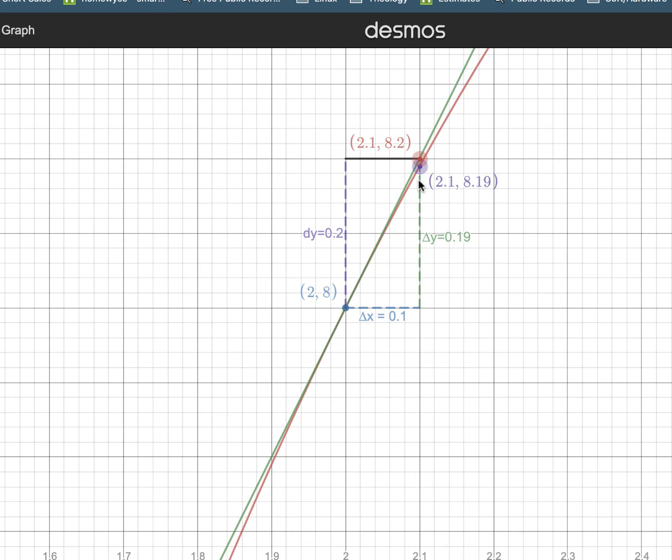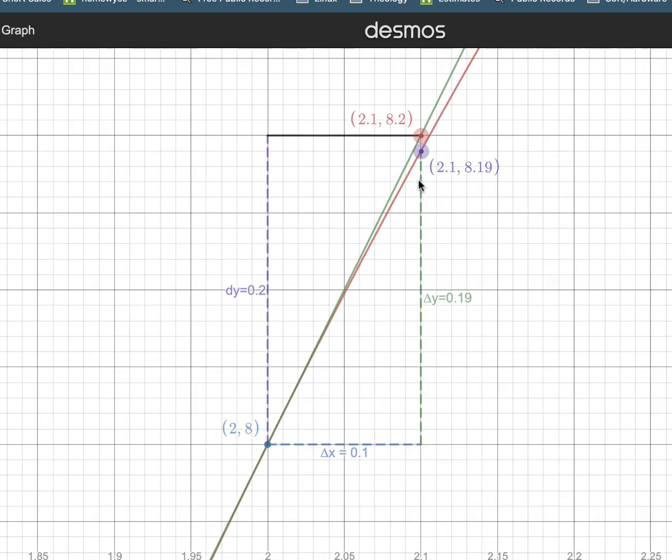All right, so hopefully that gives you a little bit of intuition about what these differentials are doing, what they're measuring, and what they're